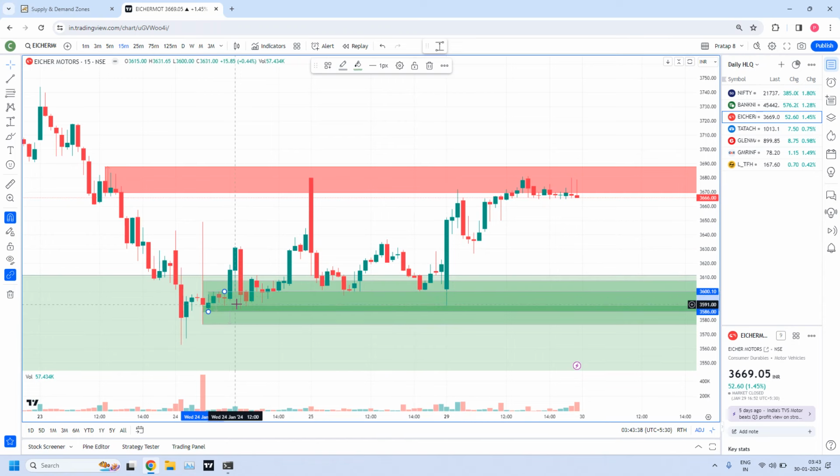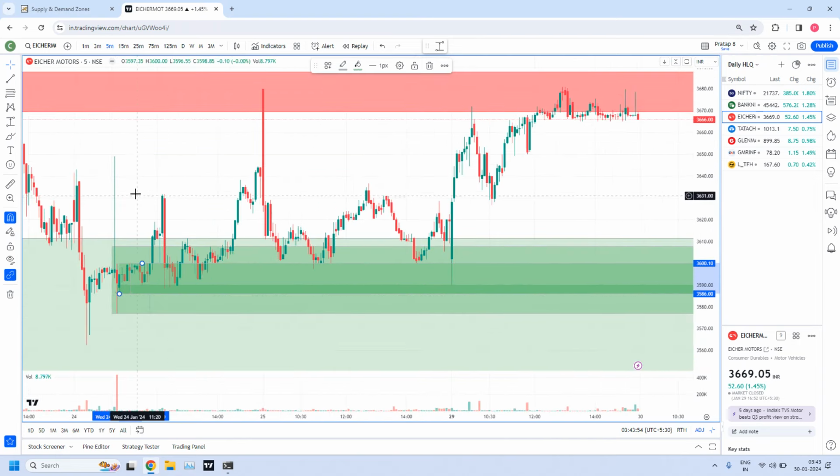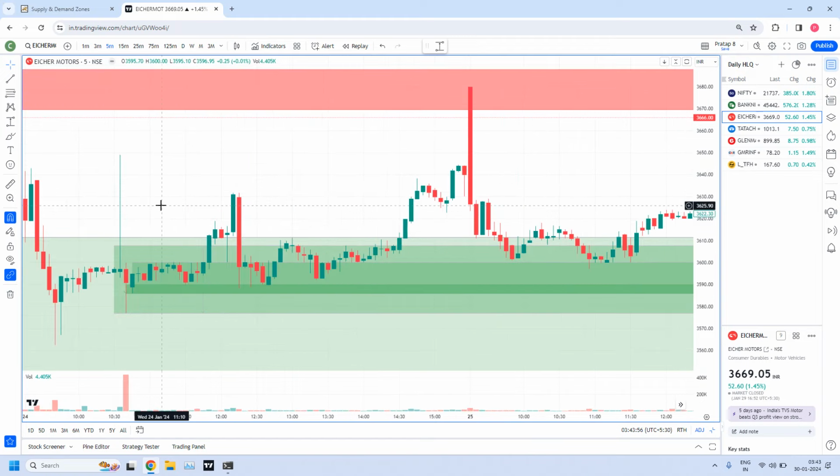See, we have 3 high liquidity zones. The daily zone; inside daily, the 75 minutes is a high liquidity zone; inside 75 minutes, the 15 minutes is a high liquidity zone. Now inside 15 minutes, you may find an excellent 5-minute zone. Now go to the 5-minute area. So inside this 5-minute area,